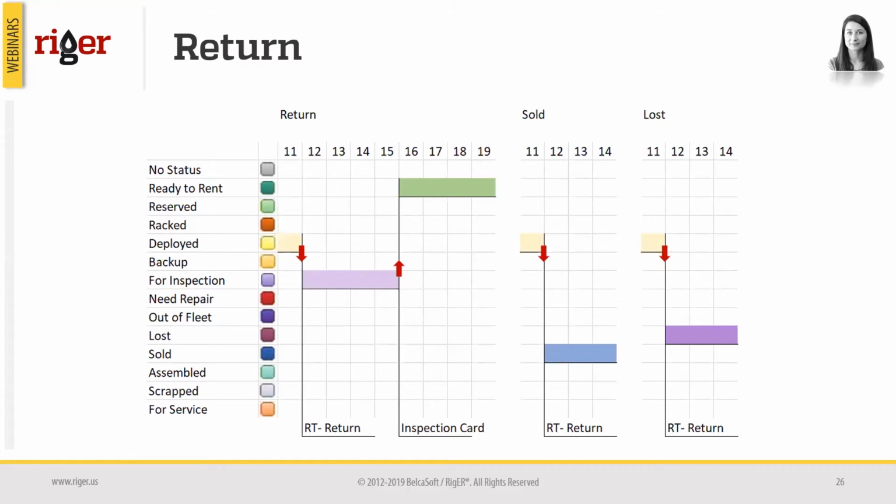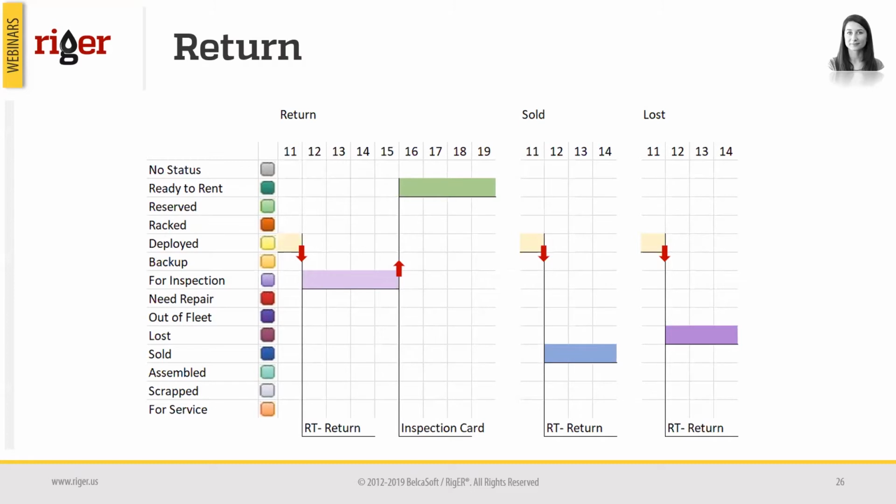After you are returning a rental unit from the client's location, from the job, if you run inspections for rental units, right after the rental ticket return is generated and posted, the system moves units to status for inspection, and the inspection card is generated in the system, and the rental unit becomes ready for rent